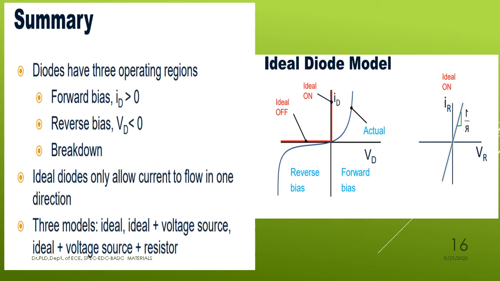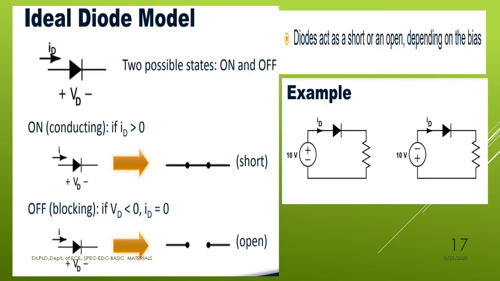anode to the cathode. Three models: ideal diode, ideal plus voltage source, and ideal plus voltage source plus resistor models we have already come across, and in what way they show the difference in the characteristics of forward bias and reverse bias. The ideal diode model is already explained, but here you can just observe the pictures with its symbols. If you consider the current flowing through the diode as ID and Vd as the voltage drop across the diode, there are two possible states, on and off. The diode acts as a short or an open